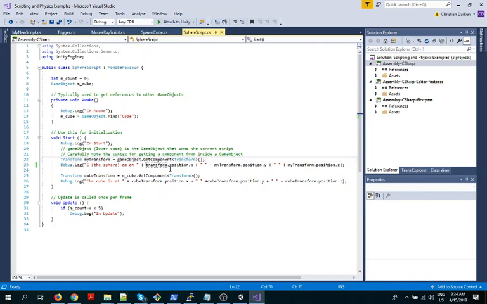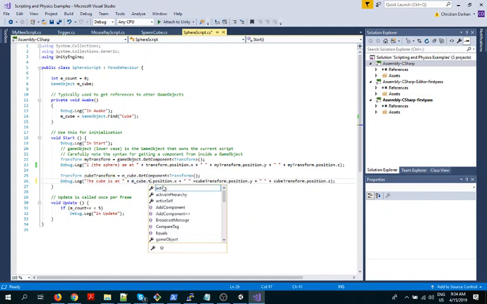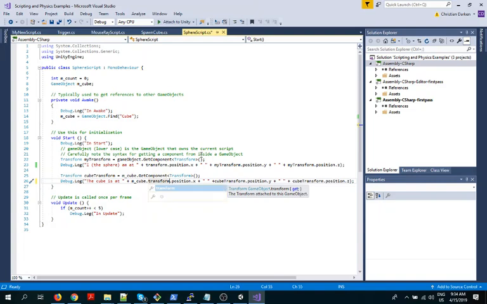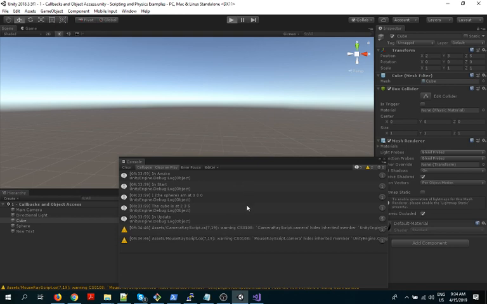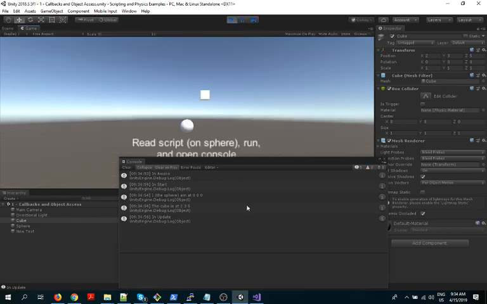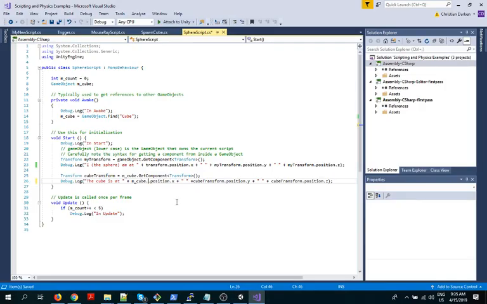Now on other objects, I think we can maybe do mCube, that's a game object, dot transform instead of getting the component. Again, just because transform is a special thing. But I could be wrong with this. Let's not believe it until we see it works. Okay, it's mCube dot transform dot position, maybe. Yeah, it looks like that's going to work. Okay, it's done. We run. Works perfectly. All right, let me back those changes out, get back to where we were.